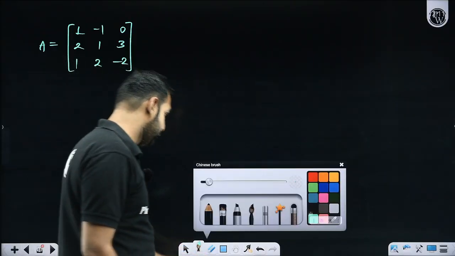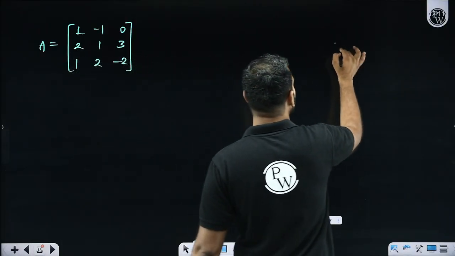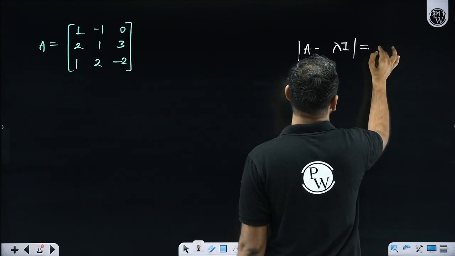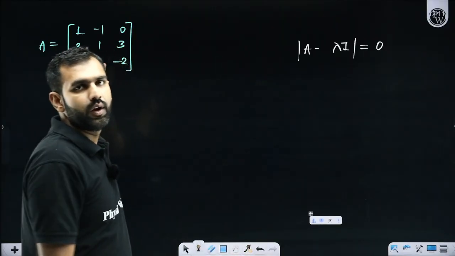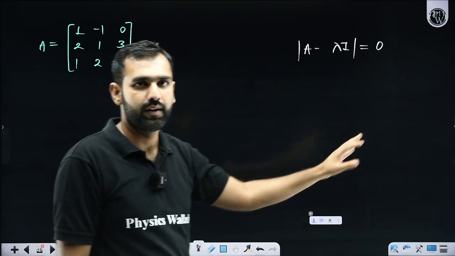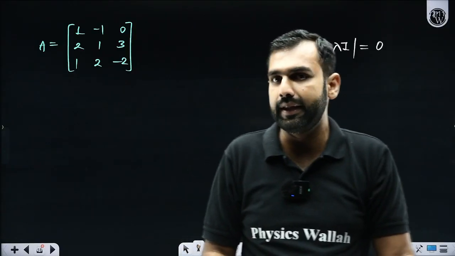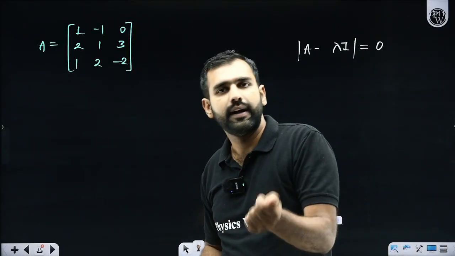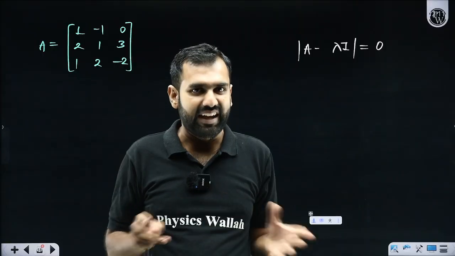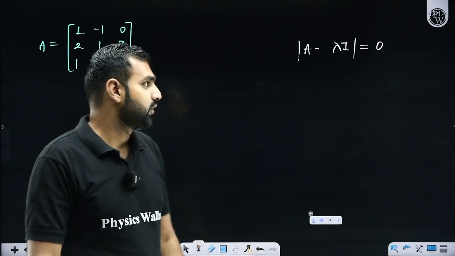Now, to write its characteristic equation, there are two ways. What are two ways? You write A minus lambda I and you find its determinant, which is 0. What is A? This is A. What is lambda I? Lambda 0, 0. 0 lambda 0, 0 0 lambda. So that you subtract from it, you find its determinant, you will definitely get a cubic in lambda, and when you simplify, that will be the characteristic equation or matrix polynomial of your matrix A. That is one of the methods.